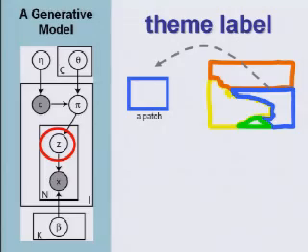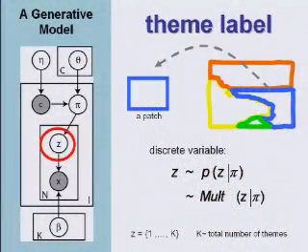So for every patch, the first thing we do is, out of this mixing proportion of topics, we first generate a topic for this particular patch, an intermediate topic. And that's again a discrete variable, and its prior is precisely this pi we have generated before. Now we know, okay, so we're going to have a blue patch. We know the scene is a beach. We have this distribution, and this particular patch comes from the blue topic.